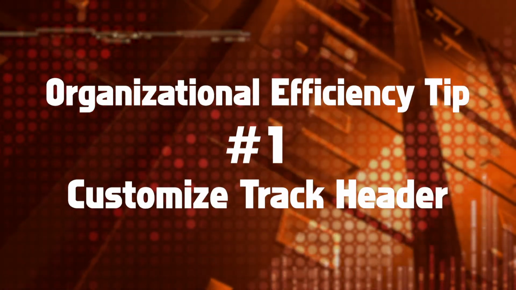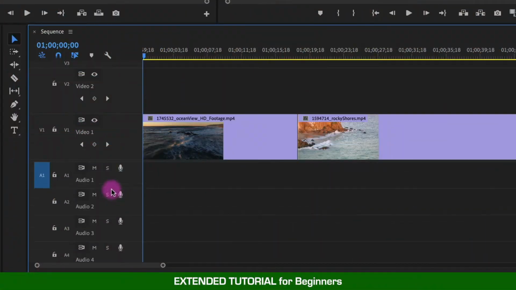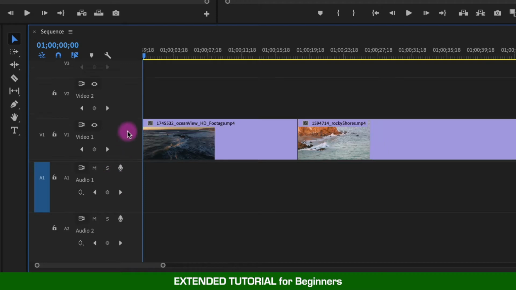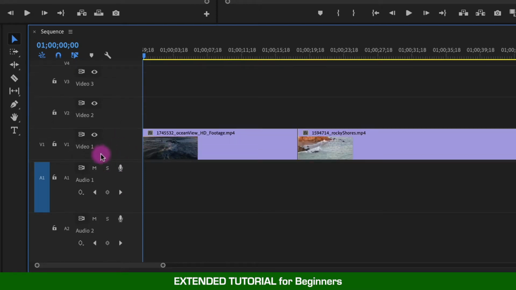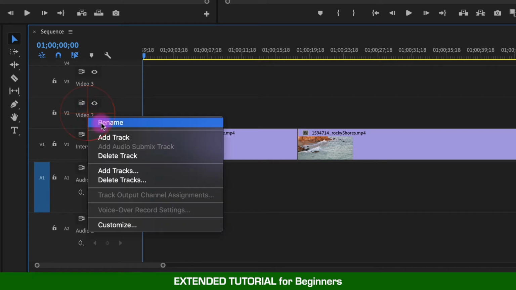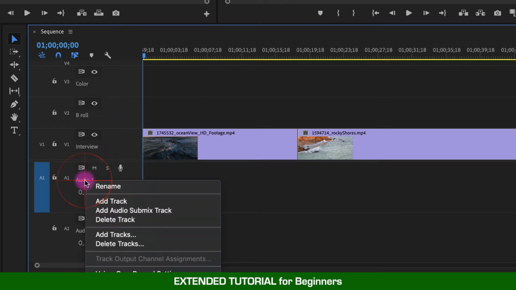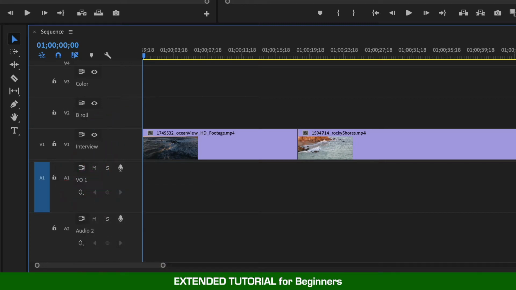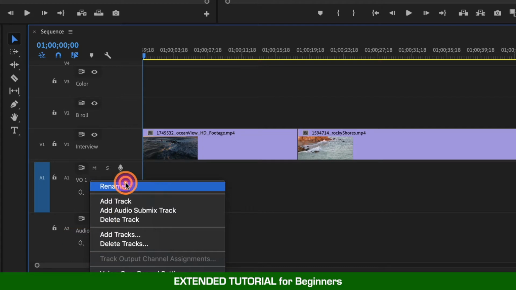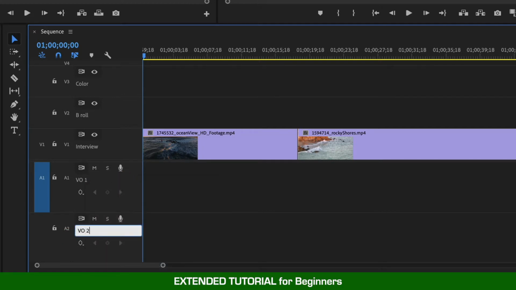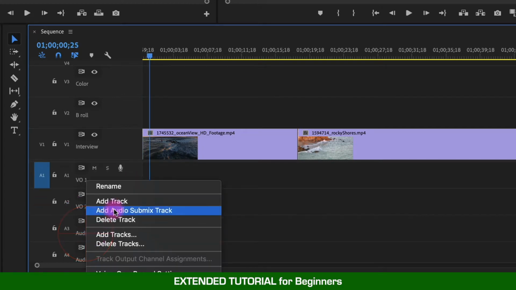Organizational tip number 1, customizing your track header or track layout and keeping your track name visible. If you never name your audio or video tracks, then this tip will not make a difference to you. But since this tutorial is about being organized, I will tell you that you should definitely be naming your audio tracks if you plan to send a mix to an audio engineer. I made a video about that, and I'll put the link in the upper right-hand corner